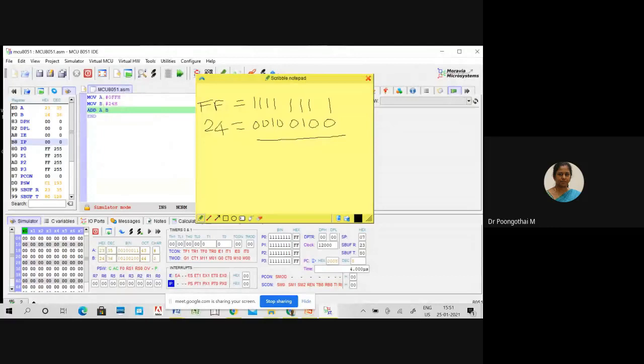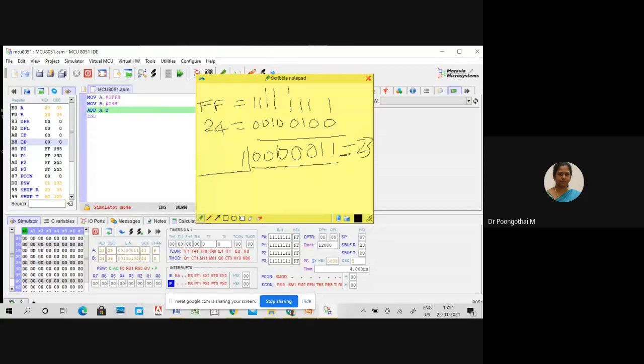So adding these two, 1, 0, 1, 1, 0, 1, 1, 1, 0 with carry. So 1, 1, 0, 0, okay. Next 1, 0, 0 along with your carry. So what is the answer? Answer is 23.